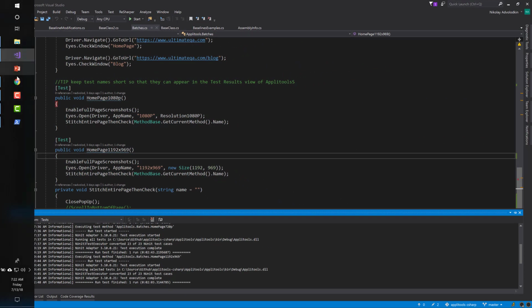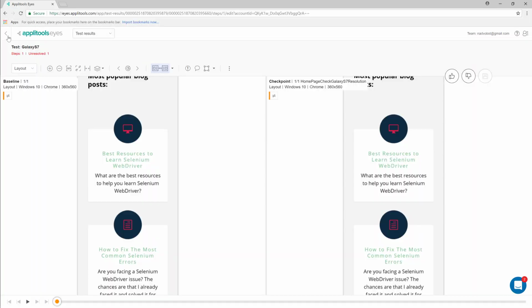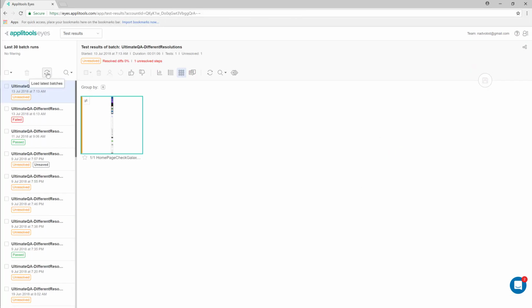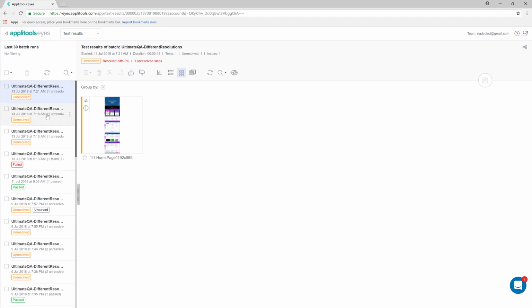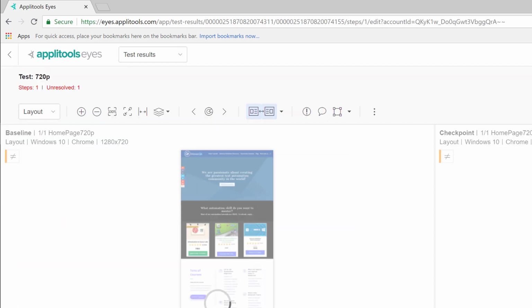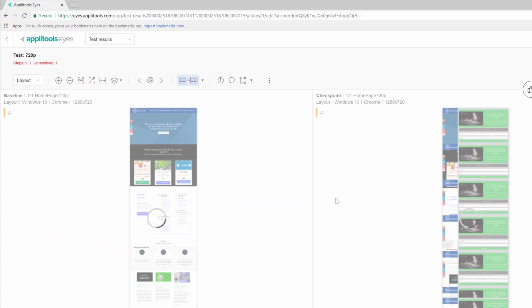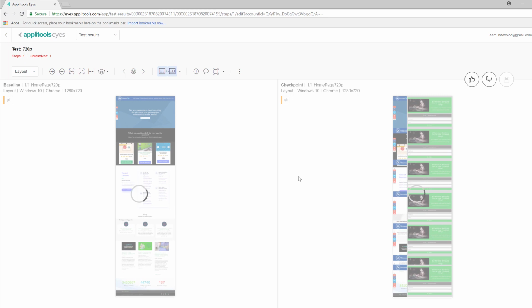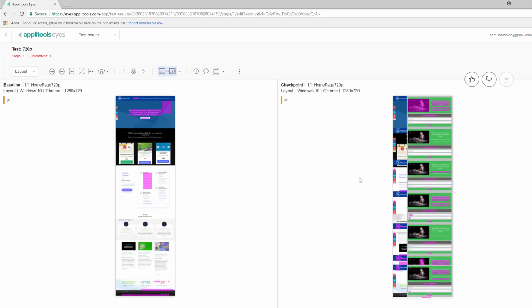All right, so that one worked way better. Let's go ahead and take a look at our results. I'm going to go ahead and refresh. So here's the previous one that was executed. Let's see how that one looks compared to our baseline. You can already see how funky that looks, right? This is without the CSS stitching. And so